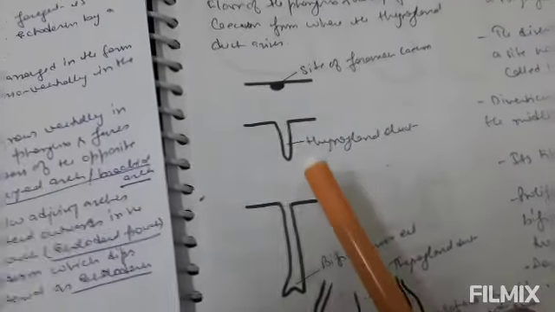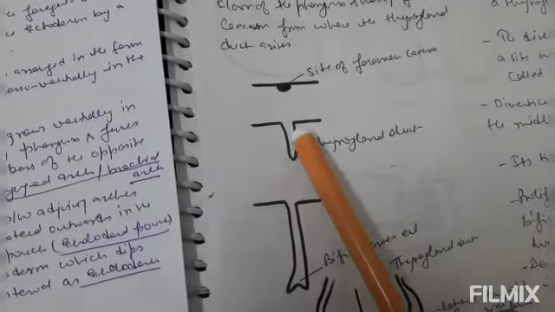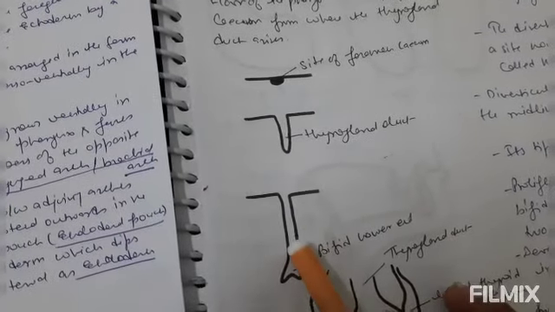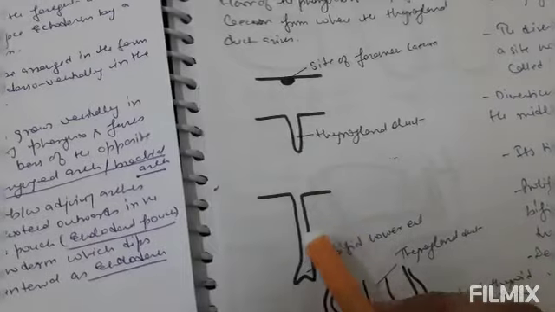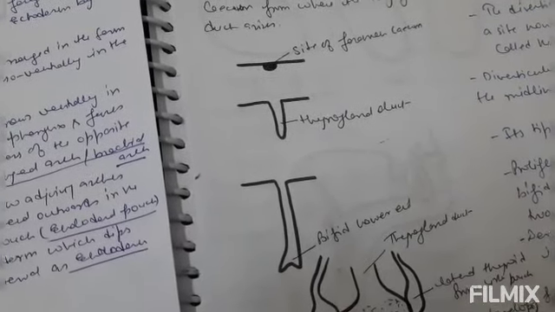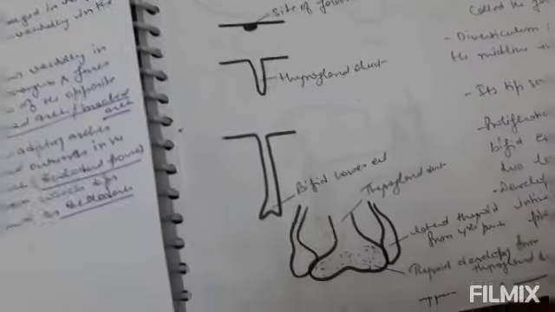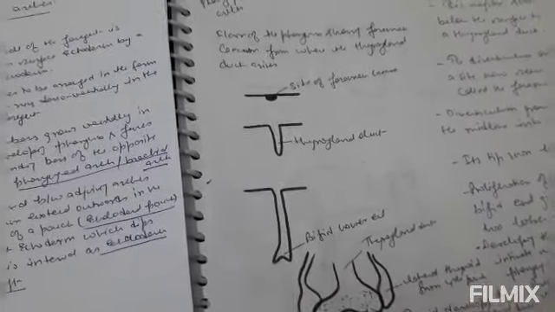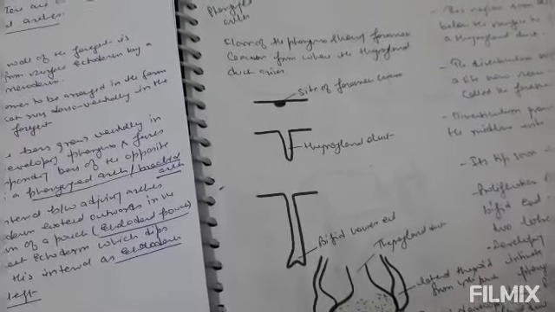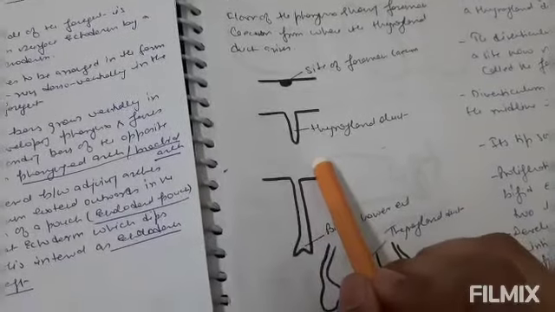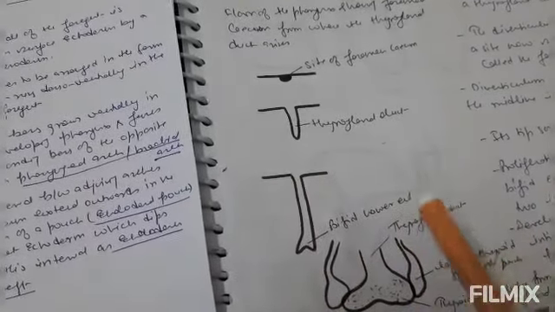Now this is only the thyroglossal duct. If the patency remains, if it is not obliterated, then obviously it will form a thyroglossal cyst, and it can form a thyroglossal fistula as well. So I hope you all have got my point that the thyroid gland develops from the foramen caecum. From there the diverticulum arises, the thyroglossal duct, and the thyroglossal duct forms the thyroid gland.